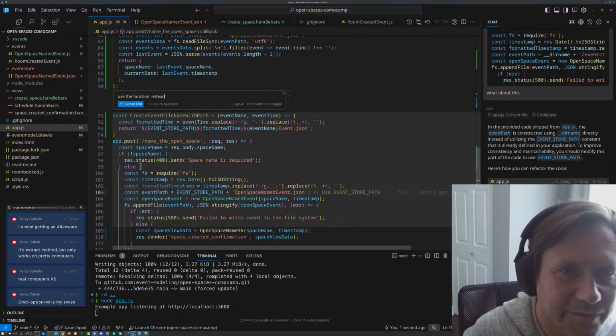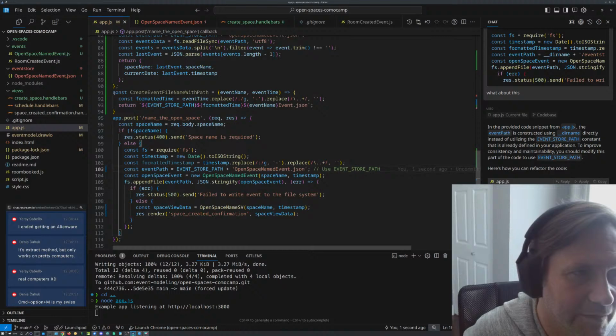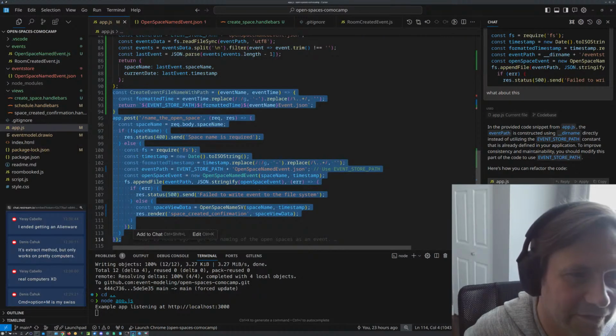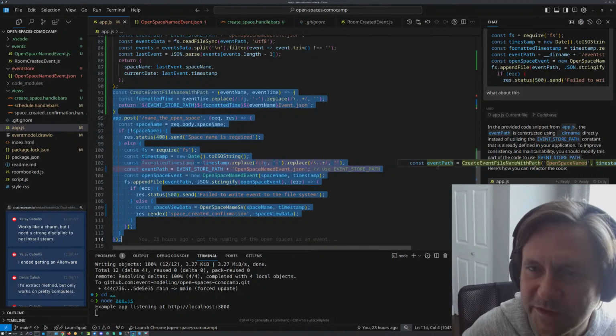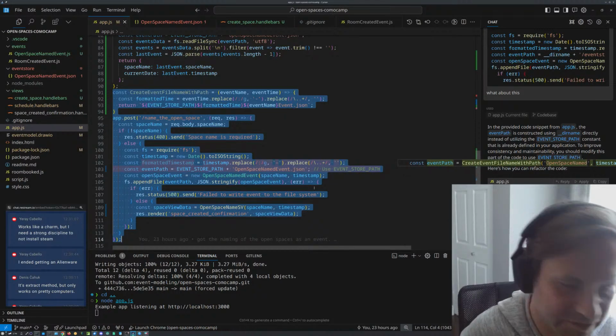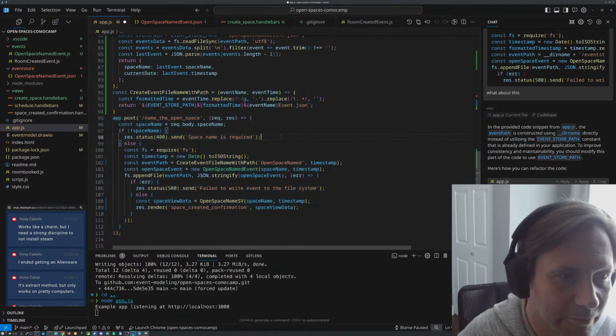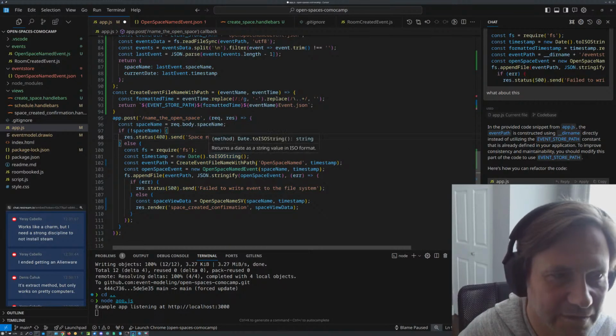Reject. I should probably just have everything in context because I got confused there. Aha. So it does see, look at this. It does have this. So I can just tab if that pops up. Perfect. So it did this.